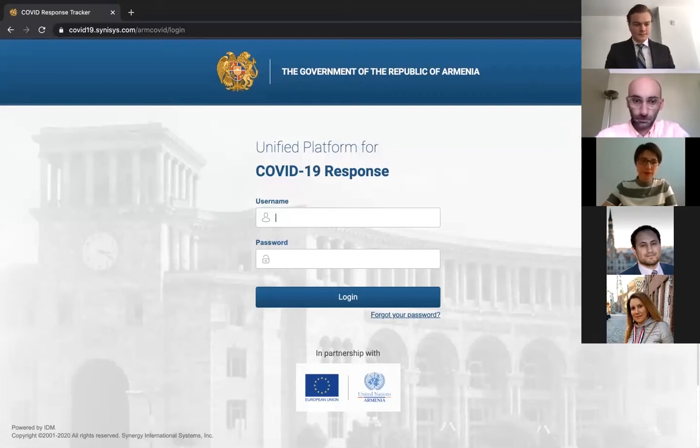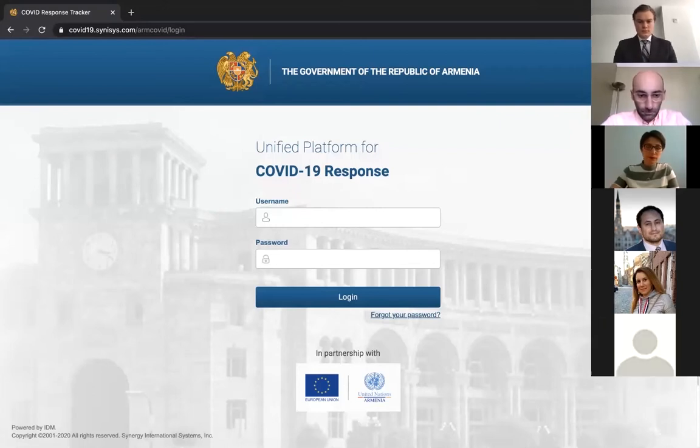Go ahead. So the pandemic response tracker was created after the request of the Armenian government in response to the coronavirus crisis in Armenia, to help the government access and address nationwide needs for medical equipment and other supplies in the fight against the pandemic. This was also intended to support the business continuity of state entities and other social services in the country. So the system, I will try to